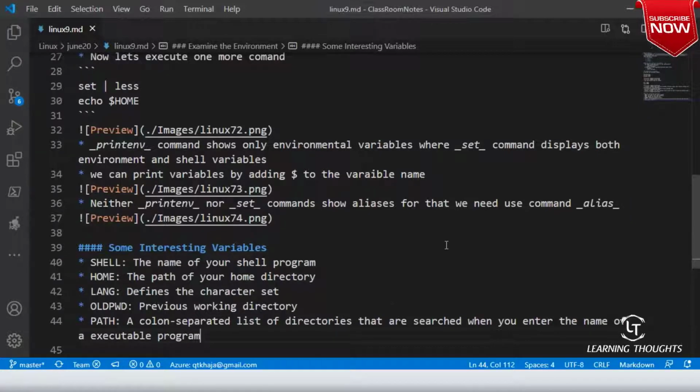Remember, I have configured Terraform in my initial classes. When I configured Terraform, I had to give the home directory of Terraform. Then what I have done is I have added that to PATH. So PATH is a very important variable. If you have copied something and it tells you it is unable to find the command, that means you have not added the directory where your executable is present to the PATH.